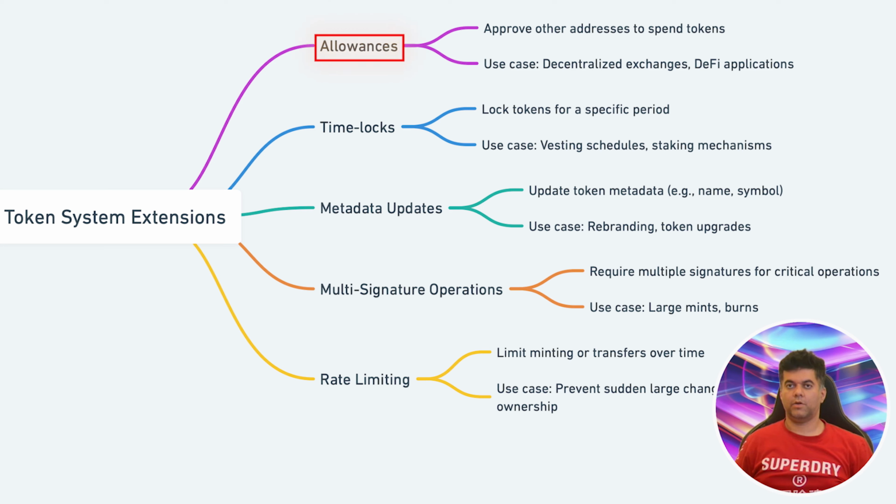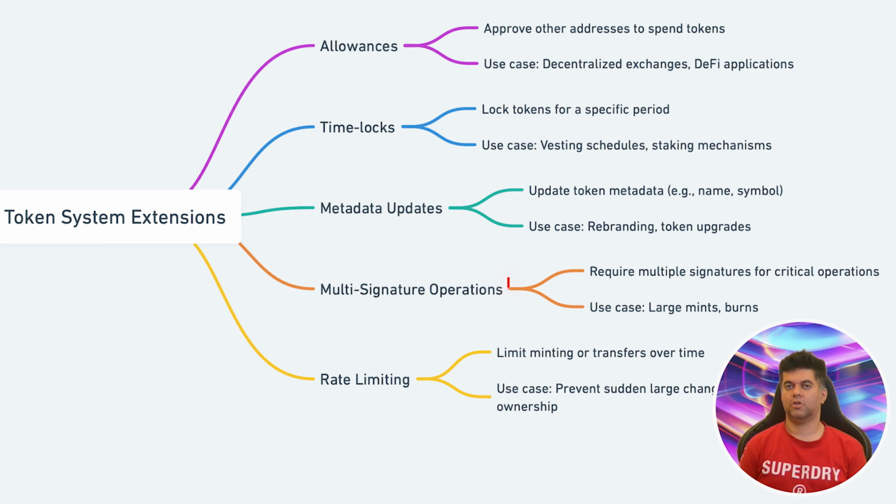Allowances. We could implement an allowance system where users can approve other addresses to spend a certain amount of tokens on their behalf. This is useful for decentralized exchanges and other DeFi applications. Time locks. We could add functionality to lock tokens for a certain period, which could be useful for vesting schedules or staking mechanisms. Metadata updates. We could implement functions to update the token's metadata, like its name or symbol, which could be useful for rebranding or upgrading